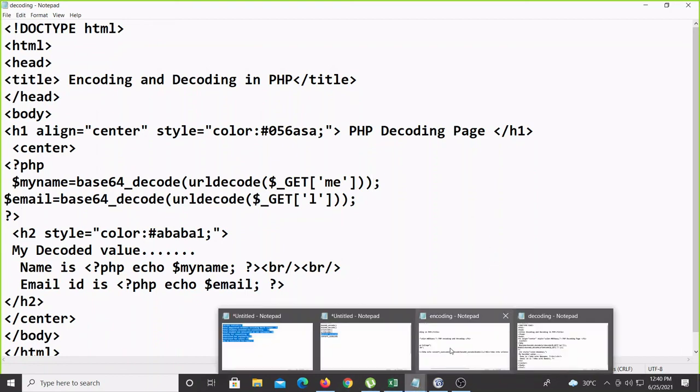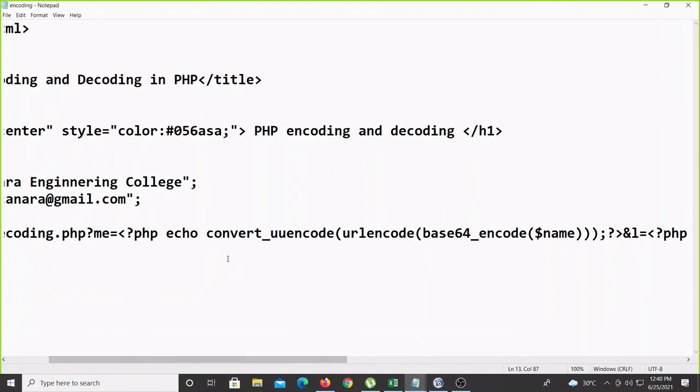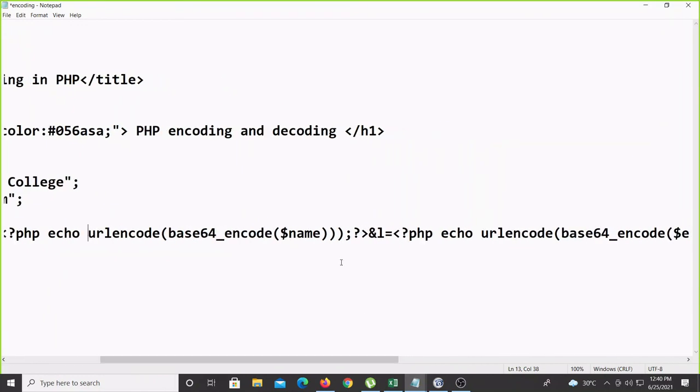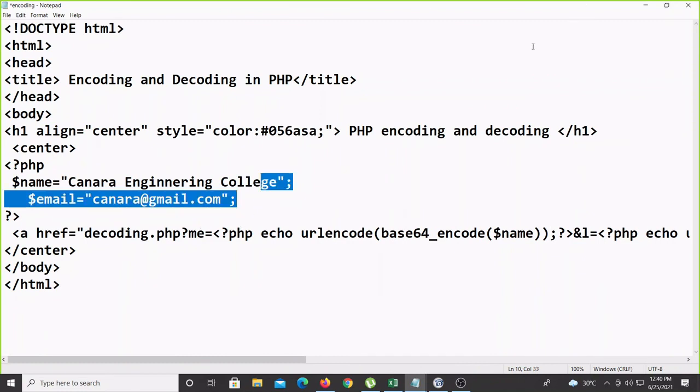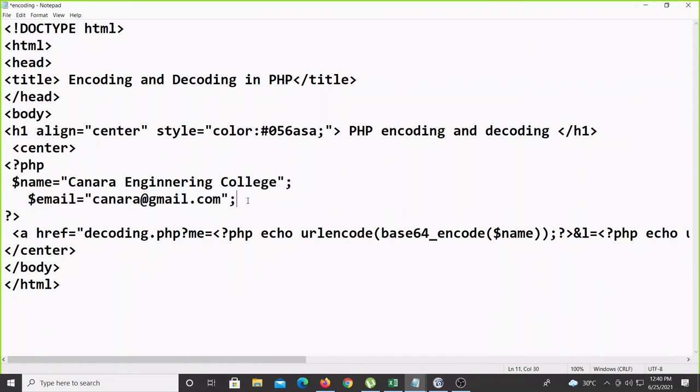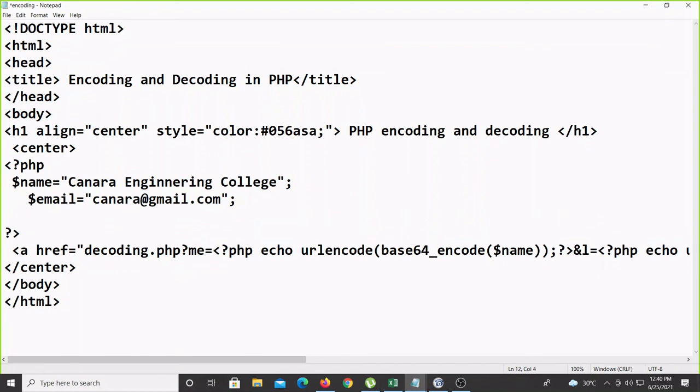Control S. I will take one more string here. I will just put here $address, Mangalore.